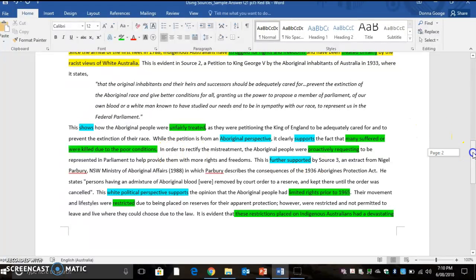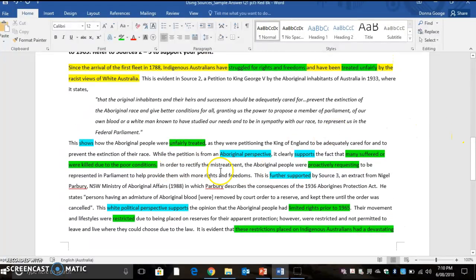This bit, let's move this down a little. Aboriginal people were proactively requesting, which links back to they were struggling for rights and freedoms. And those words are used in the text as well. A second set of evidence is used to support this. This is further supported by source 3. Again, telling us what the source is,